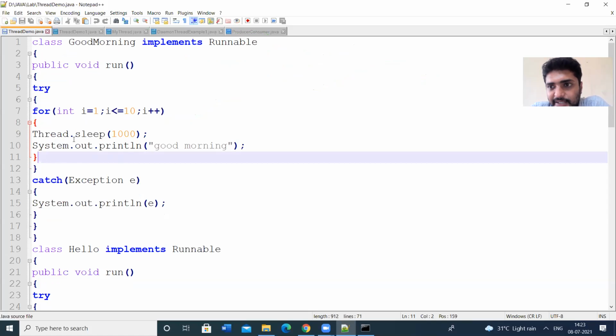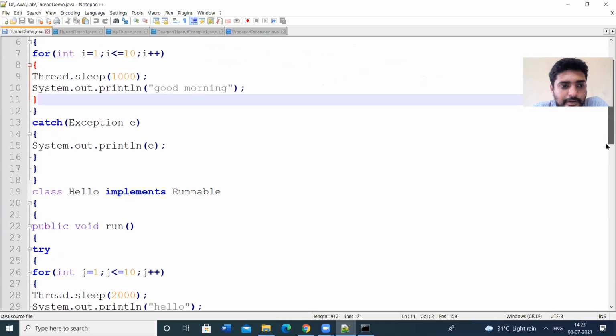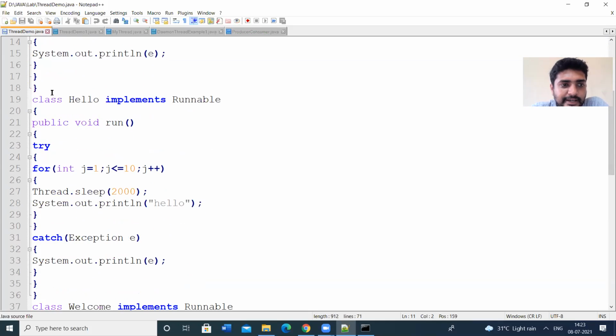Why? Because sleep is a static method. Thread.sleep. Then the printf statements are the same as the above program. Here I am creating the Hello class, same, implements Runnable. Here see Thread.sleep.